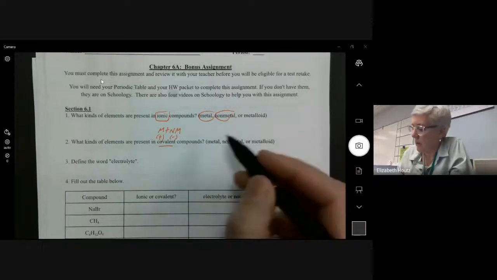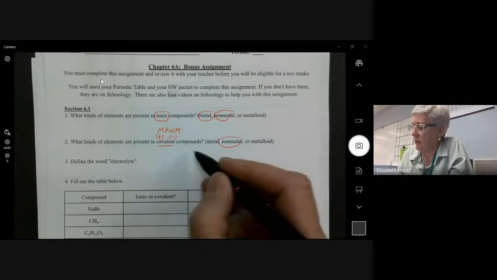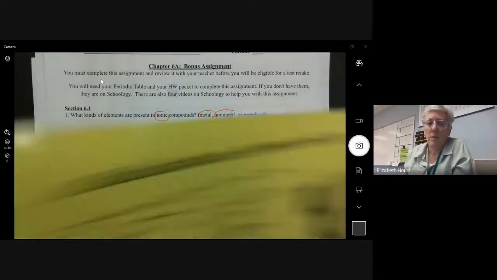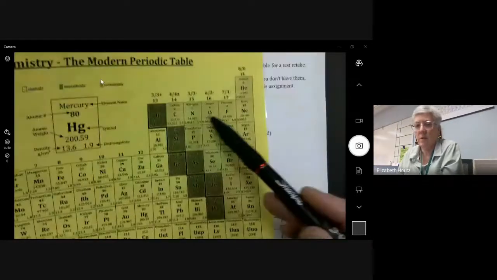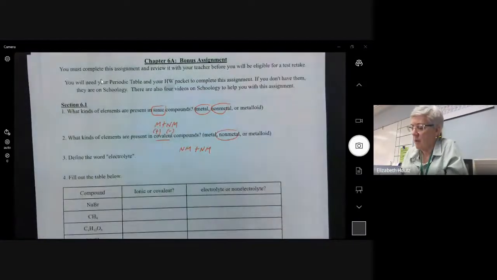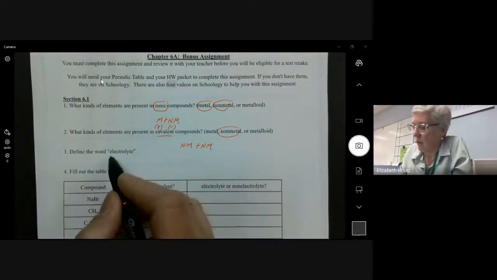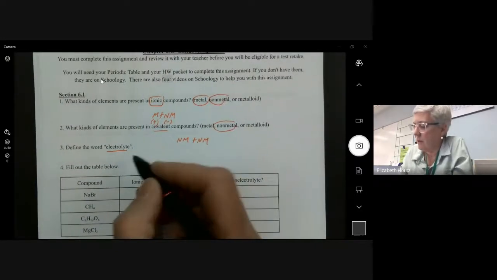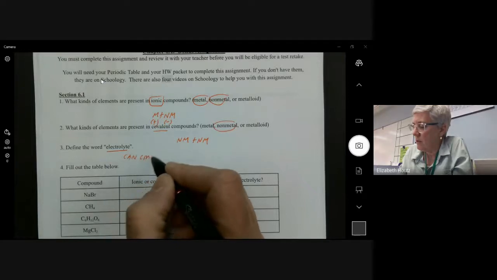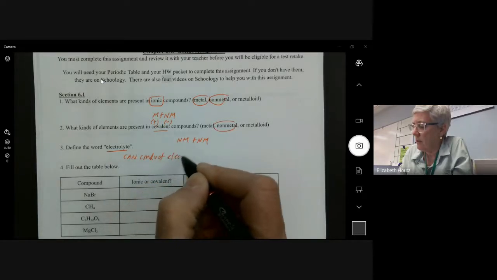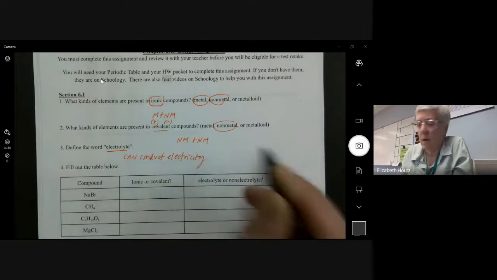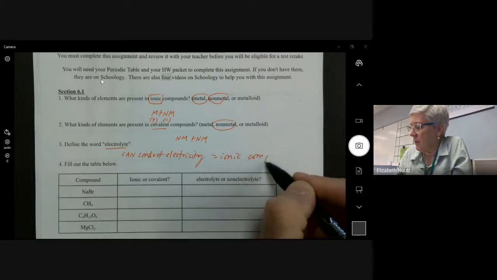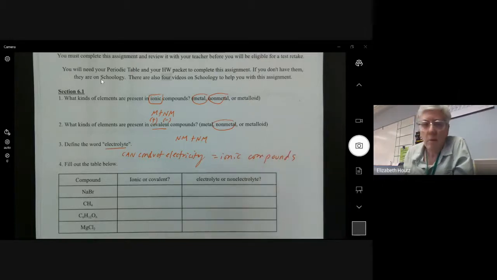All right, covalent compounds are non-metal plus a non-metal, so two non-metals. So that's over here, two of these things in a compound. All right, the word electrolyte means it's some kind of compound that can conduct electricity. So the things that can conduct electricity are ionic compounds. Because when they dissolve,